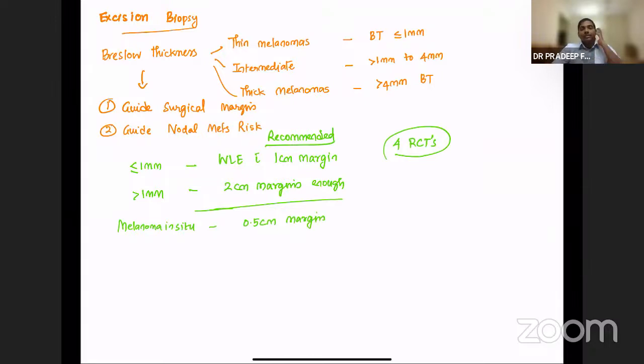So in this patient, when you have a Breslow thickness, you have to again go ahead and do a wide local excision from the surgical cut margin that has been already done. And before doing that, whether